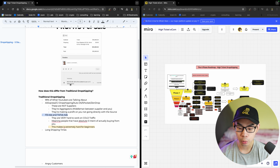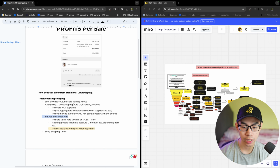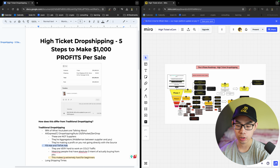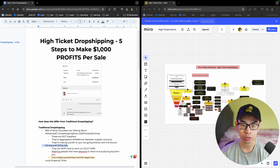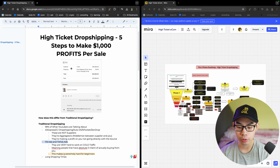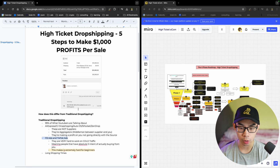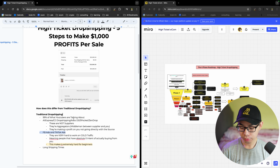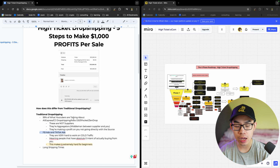So right here, we can see yesterday we had an order for $11,000 with over 20% net margins, aka $2,000 or more in profit. And how does high ticket dropshipping differ from low ticket dropshipping? It's not just because of price being high or price being cheaper. The difference between low ticket dropshipping, or what I like to call traditional dropshipping, is that traditional dropshipping is what 99% of YouTube is about. I don't want to call out names, but 99% of the time, if you type in dropshipping on Google or on YouTube,